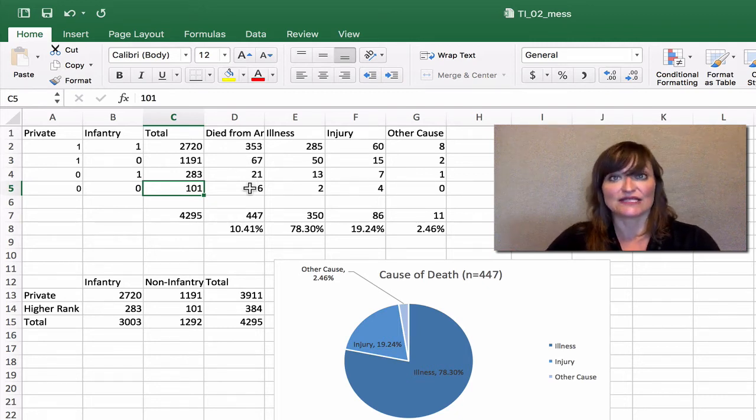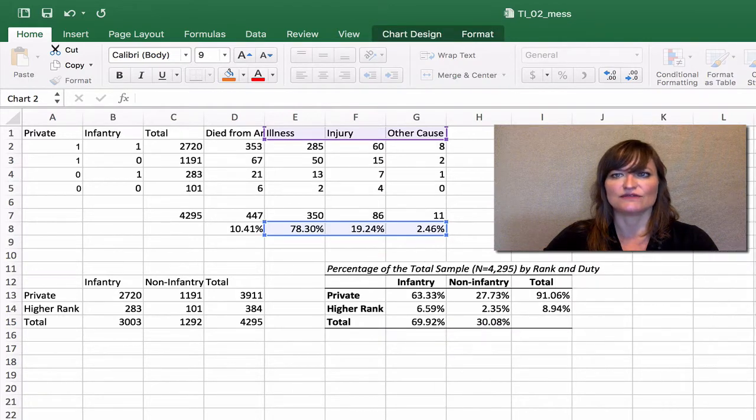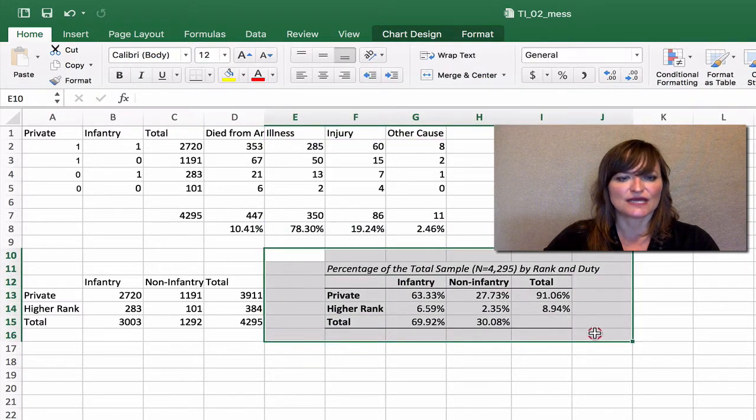So let's go ahead and then calculate those percentages. We're going to need another contingency table. It's going to have the same headers as these. Here, let me just get our pie chart out of the way. Just going to move that over there. I'm going to move our nice table over there.